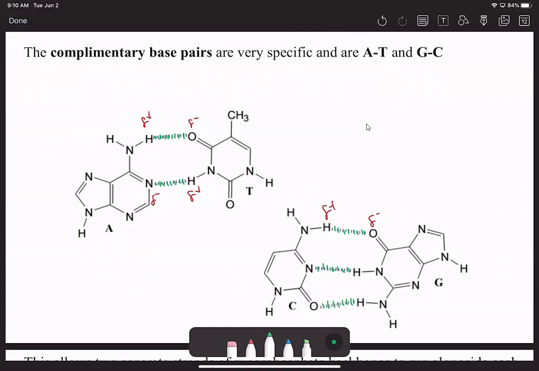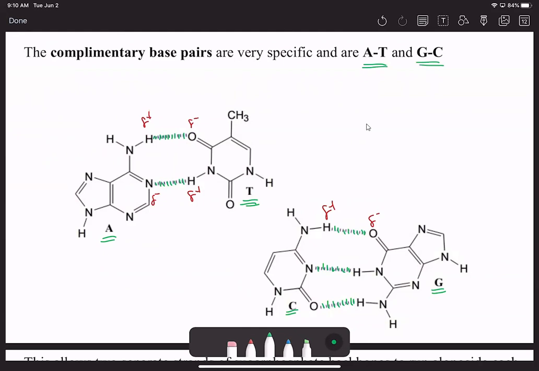So these bond very specifically. Adenine will only bond with thymine in DNA, and cytosine will only make hydrogen bonds with guanine. Now, they're very specific. Adenine does not make hydrogen bonds with cytosine. Adenine does not make hydrogen bonds with guanine, and vice versa. Thymine and cytosine don't make hydrogen bonds. It's always A to T,